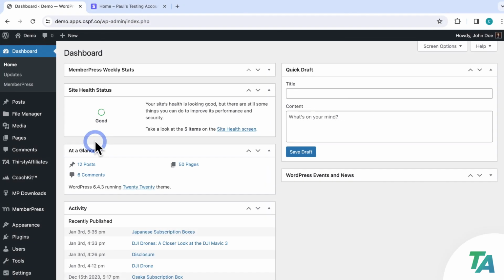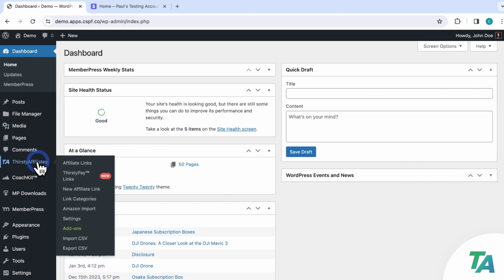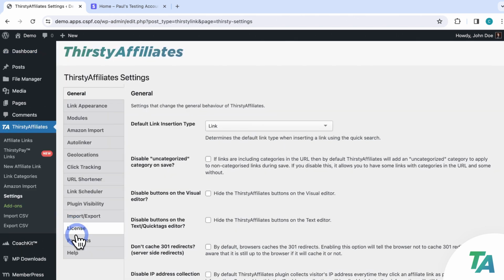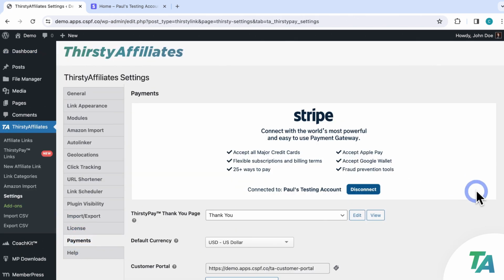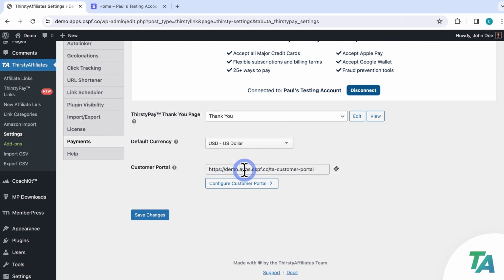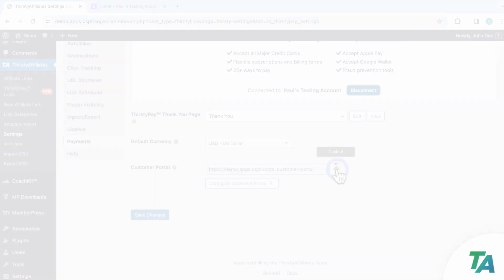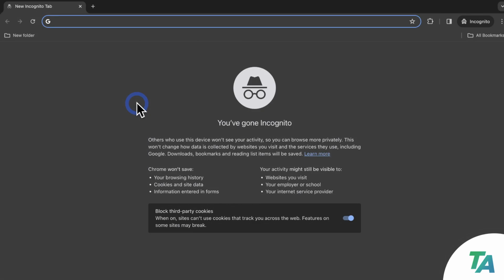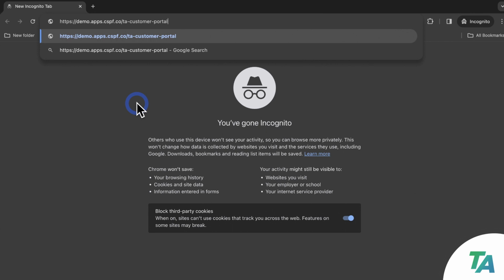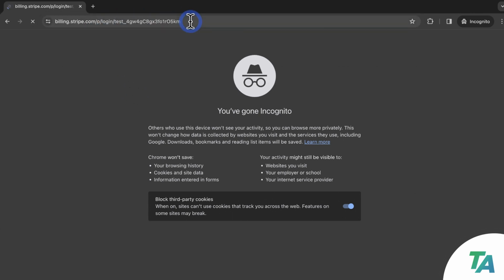Also, here, back in WordPress as my site administrator, if I go to ThirstyAffiliates, Settings, and the Payments tab, again, this link here is where your customers can go to get back to their customer portal at any time. So if I click to copy this link right here, and then open up a new incognito window as a new visitor, and then paste that link, if a customer visits the link, they'll be prompted with that same screen